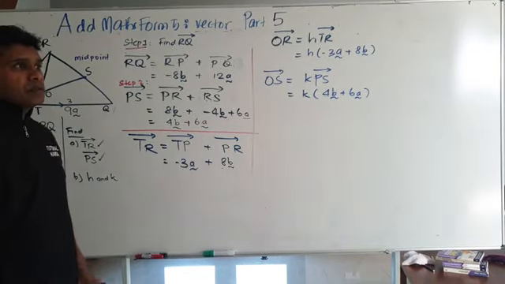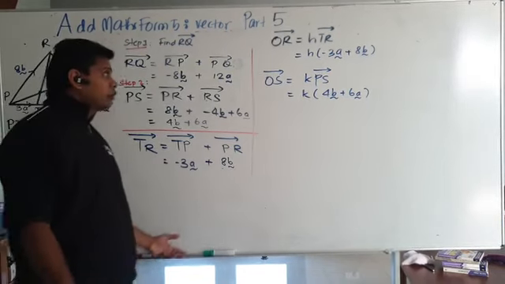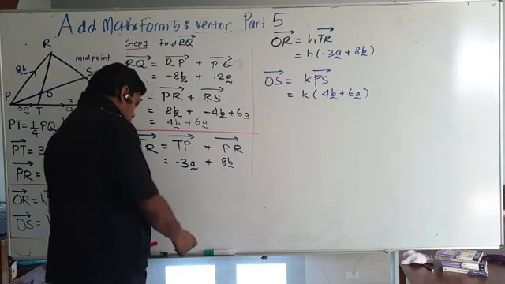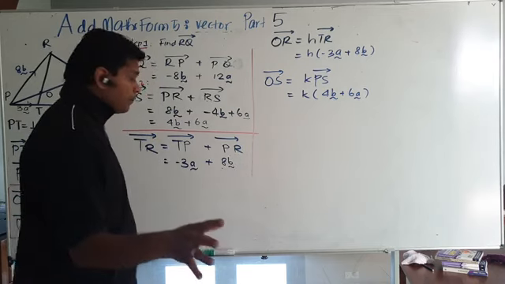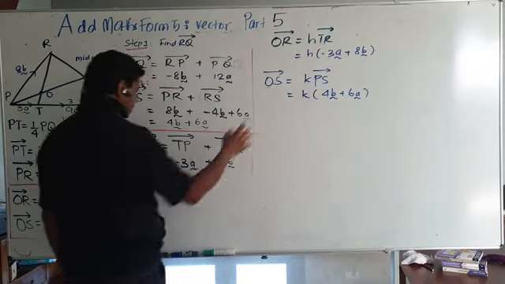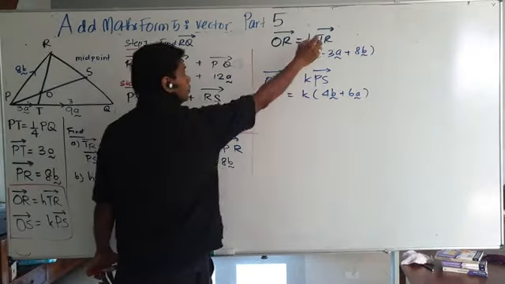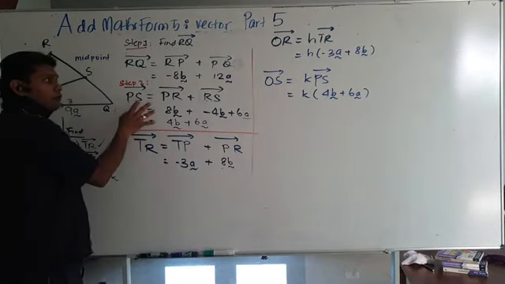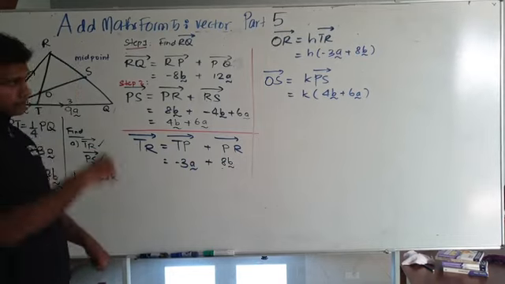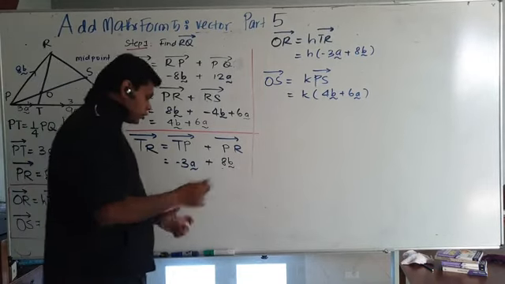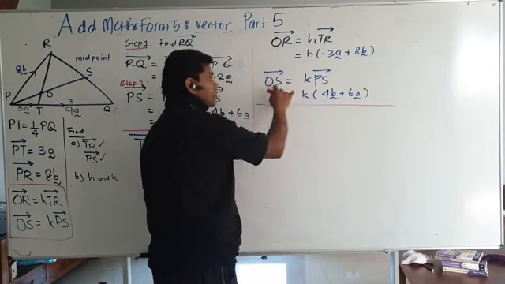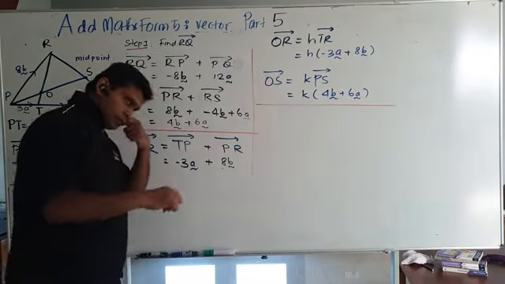So it's a bit tricky. This is where the KBAT stuff comes in, because they don't tell you how, but you need to solve it yourself. So remember, this is always the trick. The first part which we have done is actually helping here. The TR which you found, we put in here. The PS which you found, you put in here. That means they're all guided, they're helping you to find the answer. Now, the last part, which always uses this technique, is use whatever is given to create a new equation.